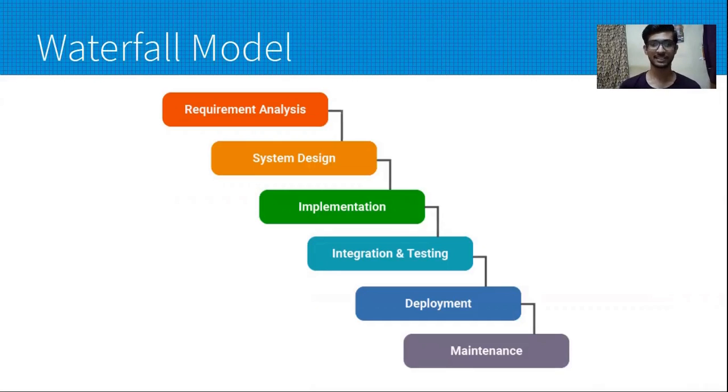The next phase is system design. In the system design phase, the requirements collected by the business analyst will be given to the software designers or software architects so that they will develop the overall and entire design of the software using some software designing applications like Figma, etc. They will design the high level design as well as the low level design.